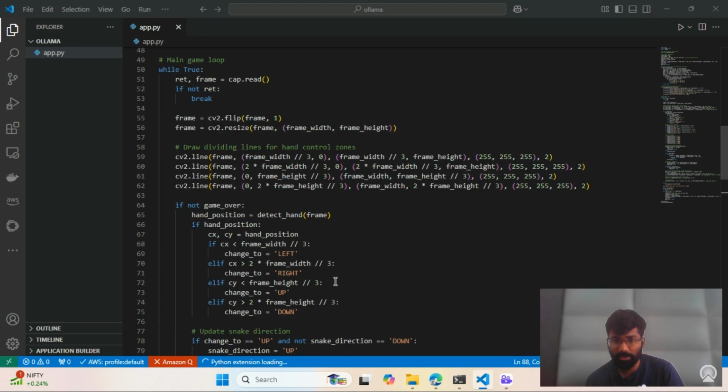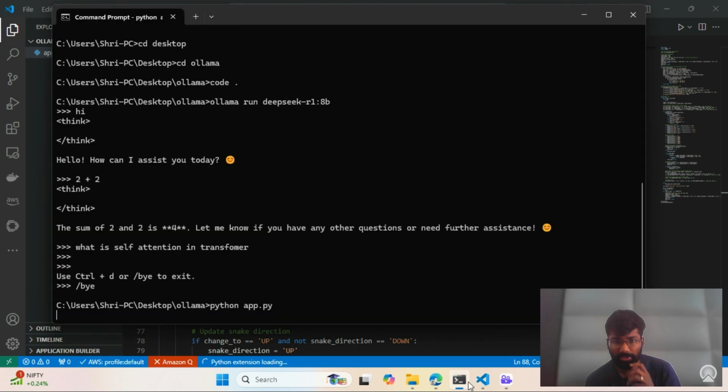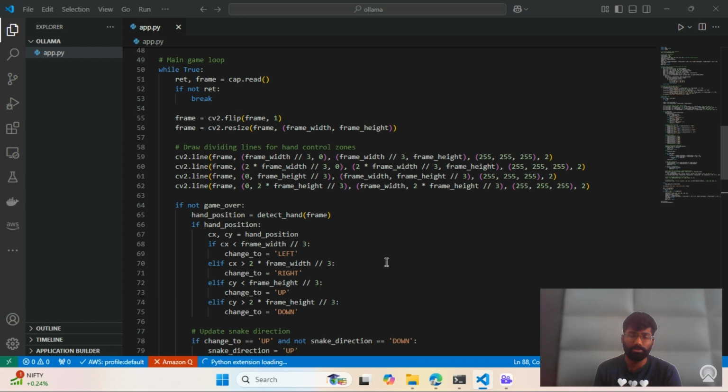If I can't show it in this video, we'll see it in the next video. But I have created a gesture control so that you can play a snake game using hand gestures. So I'll show you how it was working. And I have not written a single line here. I just,